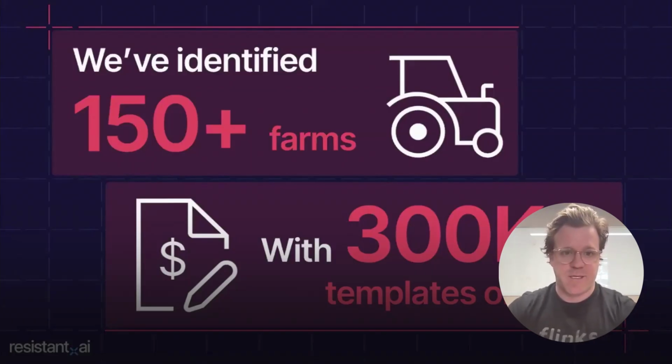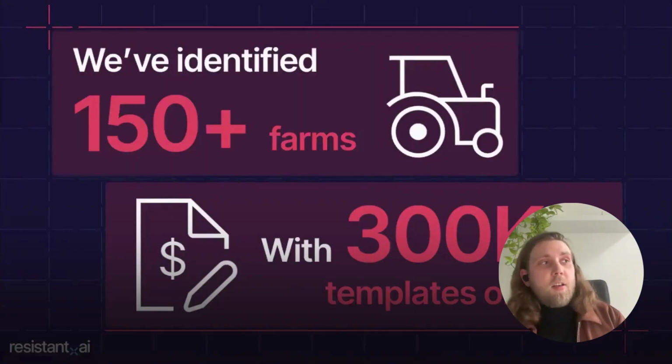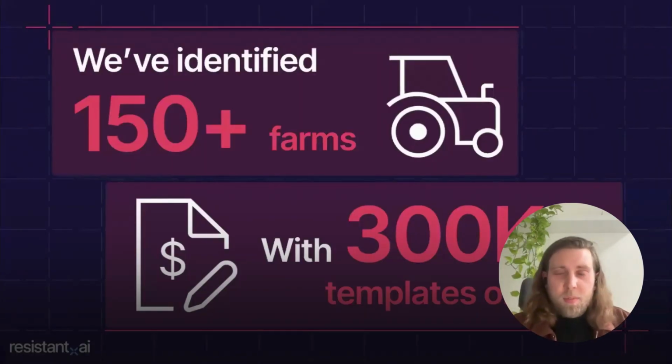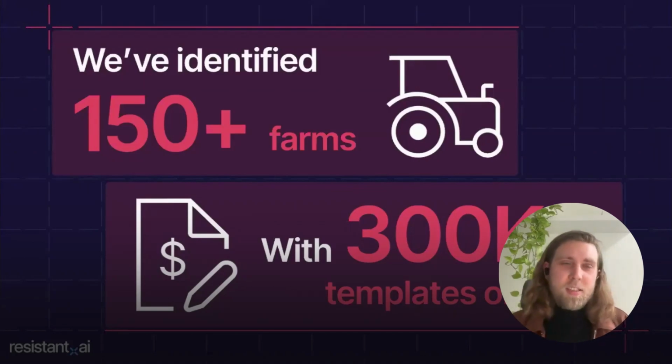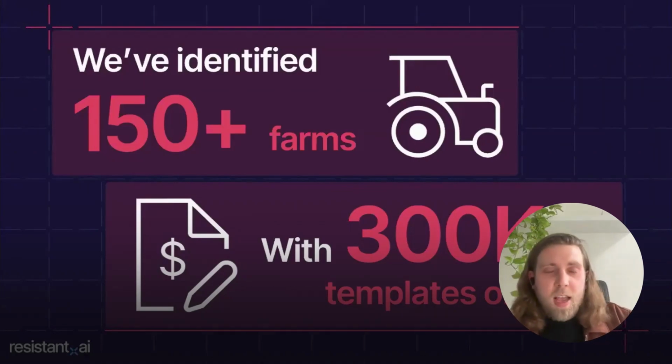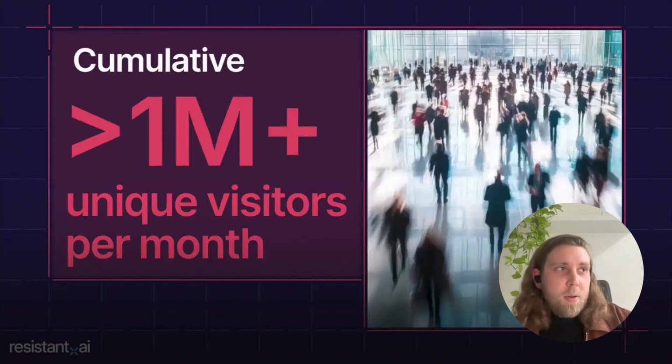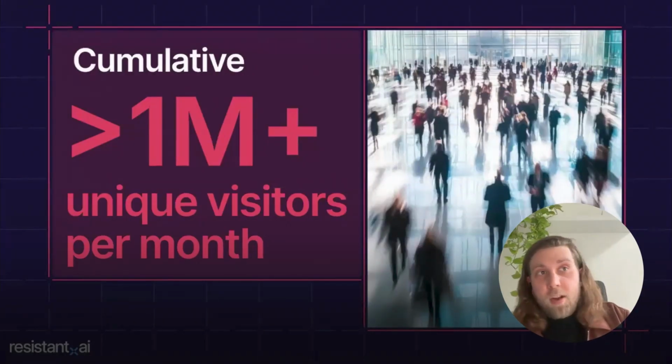So Jan, I think you can continue with the... Yeah, so obviously you've seen the number of farms and number of templates we have uncovered, but the next thing that needs to be addressed, and people have been asking us about this, is, well, how many people are actually selling this kind of stuff, right? It's hard to measure or do a proper estimation, but we at the very least try to track the website traffic of these farms. And so far we've come up with around 1 million plus unique visitors per month for these 150 websites. And that's already a pretty big number, right?